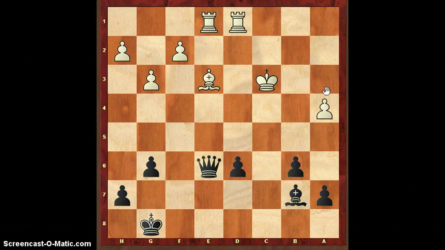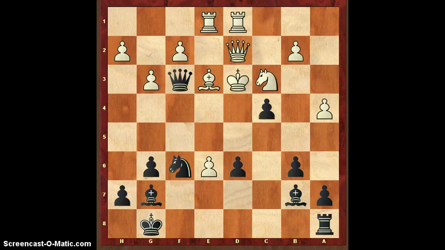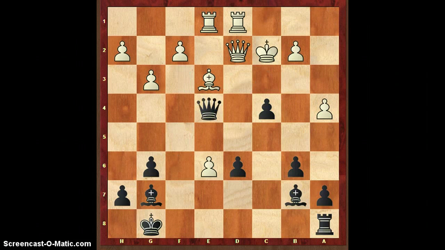And let's see one more line. If Zak didn't capture the pawn on c5 and goes to c2, then knight to e4, attacking the queen, knight takes knight, queen takes check, king to c1, rook to c8, protecting the pawn with the queen.